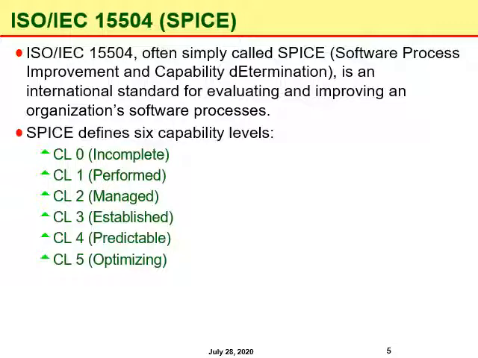It should have control over the process to operate within defined limits to achieve the desired outcomes of the goals. Then level 5, which is optimizing. At this level, the process is continuously improved to meet the relevant current and